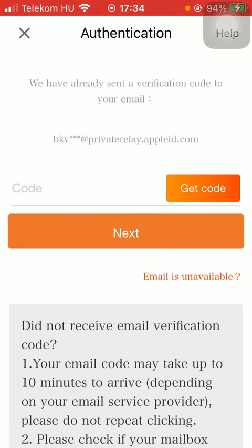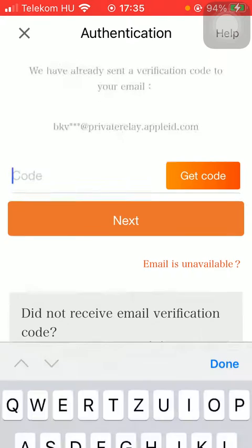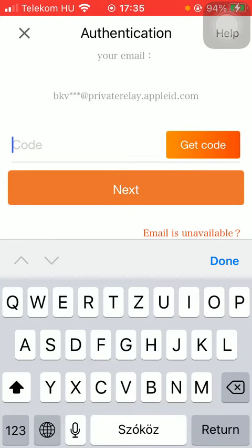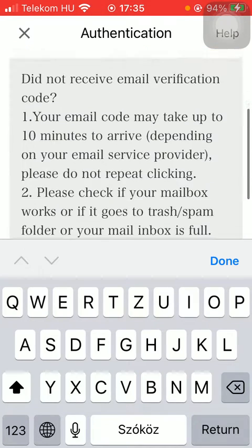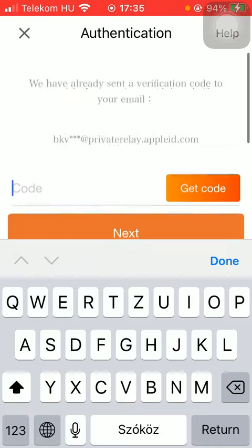As you can see, they have sent a verification code to your email. So you need to go to your email, and then you will find a notification that has been sent to you. And after that you should type in that code that you have received. And after that you should tap on the button next in order to change your